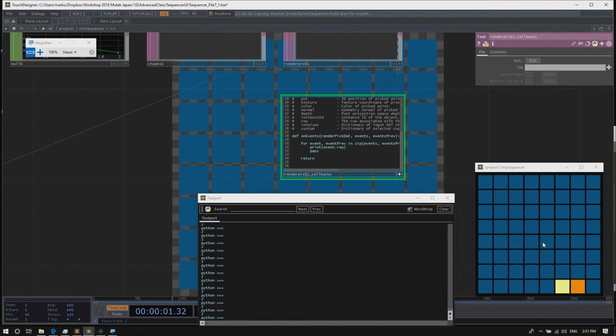So if I print event.row instead of event.instance ID, now you can see if I roll over, it returns row 2, since this is where my insight is. And if I click, it returns row 1, which is my select. Row 1, and if I roll, it's 2.